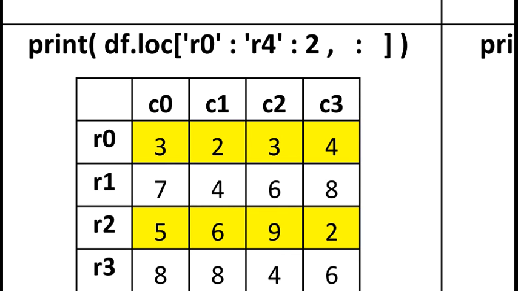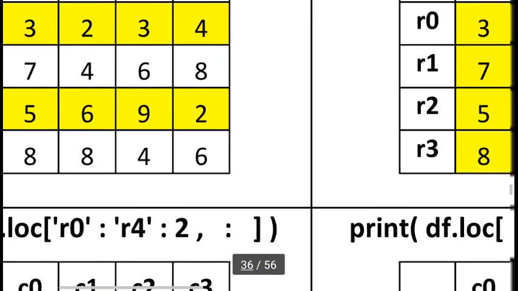So for this purpose here I am writing the statement r0 colon r4. So this will include all the rows, but I want to select r0 and r2. So here I am using colon 2 step. Colon 2 step means it will select the r0 row, then skip the r1 row because step is 2, and then select the r2 row and skip r3. Okay, and comma colon means all the columns.